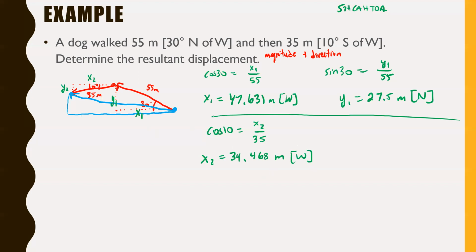As for our y2, that's our opposite. So we're going to use sine again. So sine 10 equals y2 over 35. Multiply by 35 on both sides. And you're going to get y2 equals 6.078 is how that would round. 6.078, and that's meters. But watch this one. This time around, that's meters to the south. Okay,